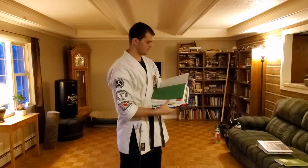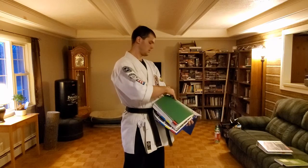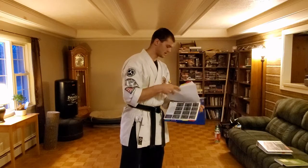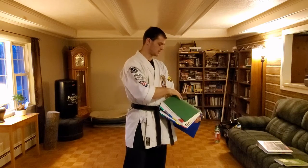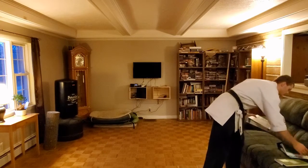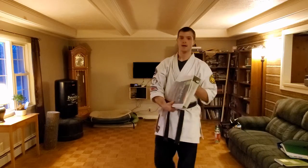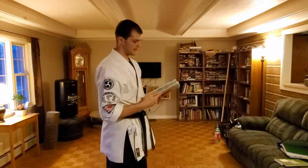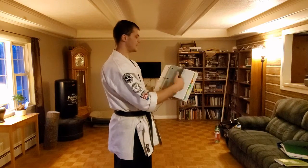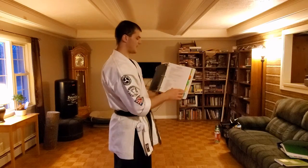So this particular notebook binder is organized such that it's individual styles and individual things outside of karate. This one over here is a little bit different. This one is more of my inside karate. So these are all karate things. So in this one, I have a lot of copies of